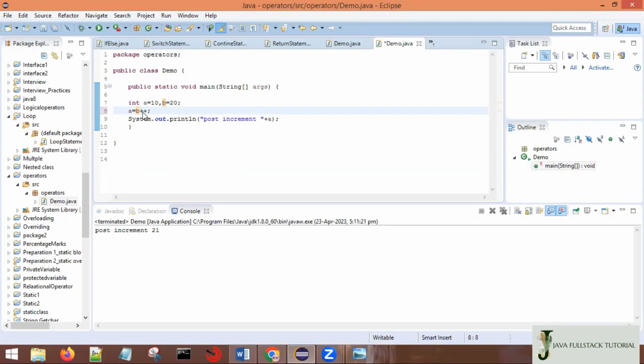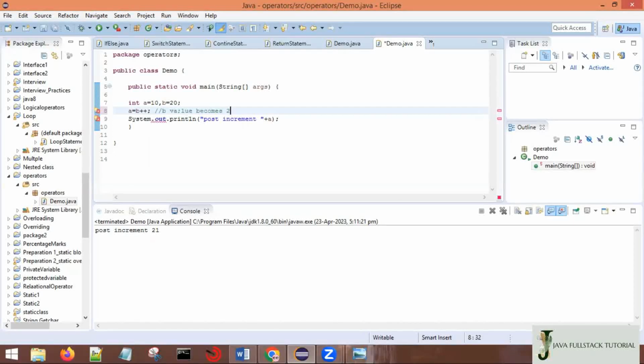First b value, that is 20, is assigned to a. Okay, and next after completing that statement execution, then b